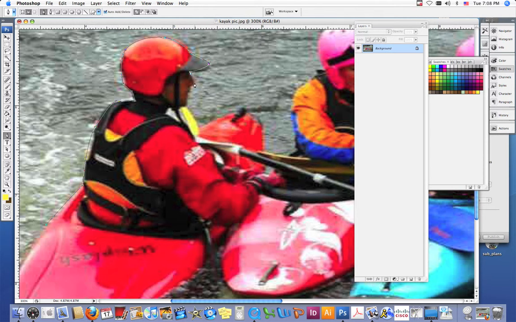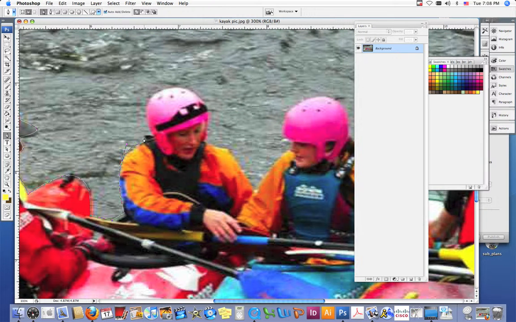You want to trace all the way around the object that you're cutting out. In my case, it's my kayakers. And you want to stay as close to the outline of the figure or the object as possible. This way you'll get a nice clean cut when it comes time to get our dancing ants to cut out your object or your shapes. So I'm just going to continue to click around